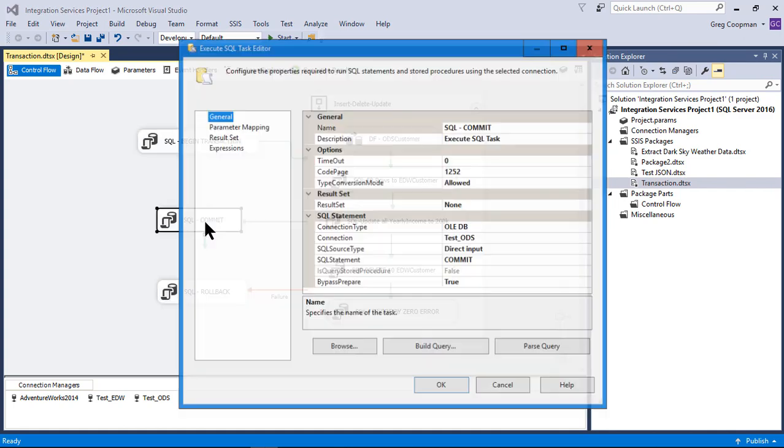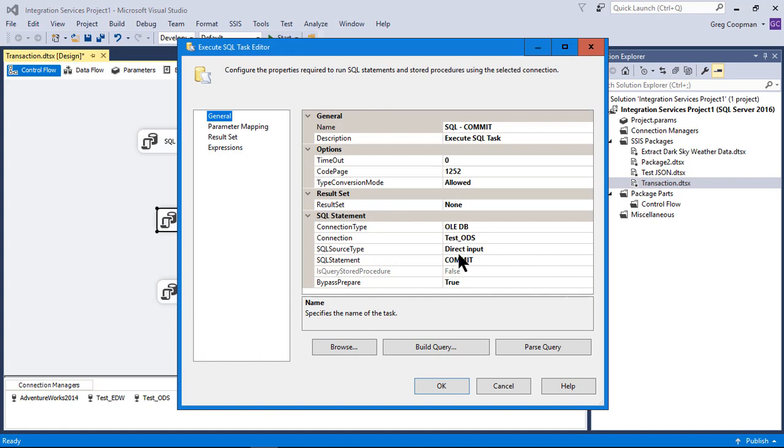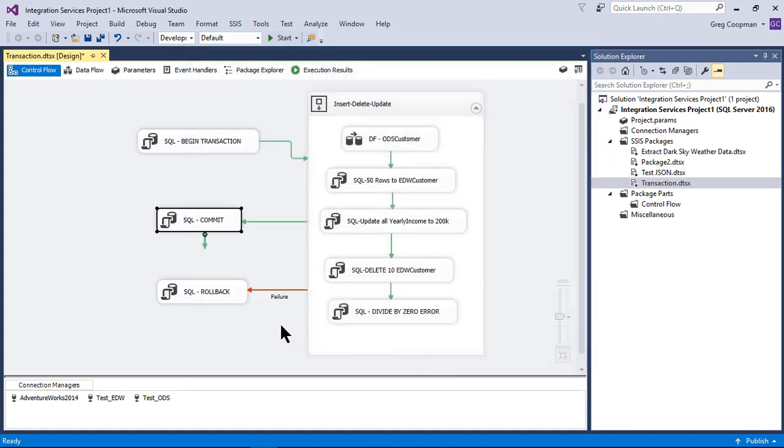And then here's a SQL commit. If everything works well, it comes and does test ODS and commits. But that commit, and same with the rollback, will affect the EDW because it's all within that same process. So that's an important thing to remember, because first when I set it up with EDW in some of these for the connection, it would just hang. All right, so you have to set it up the same as what your transaction is set for,